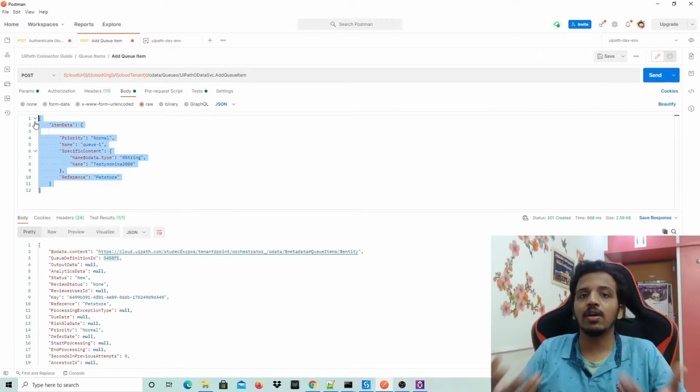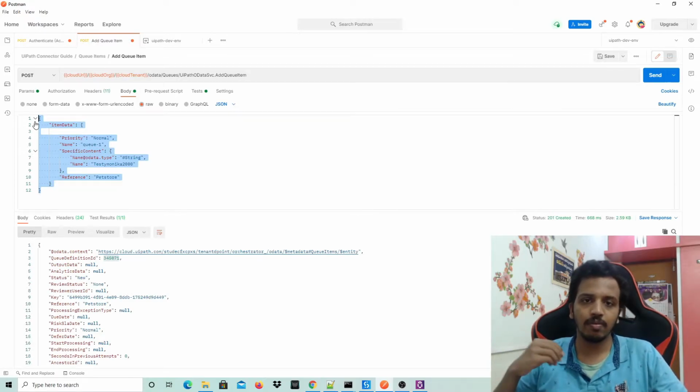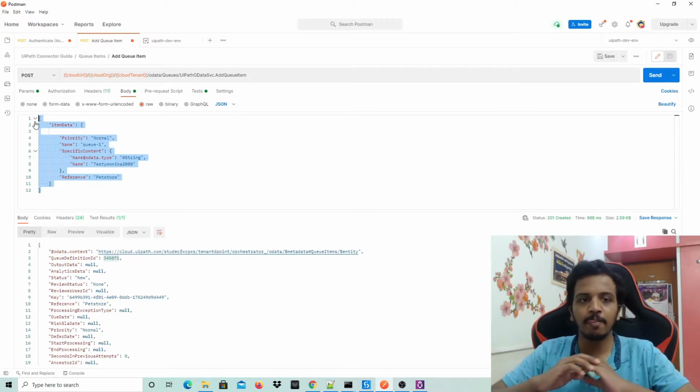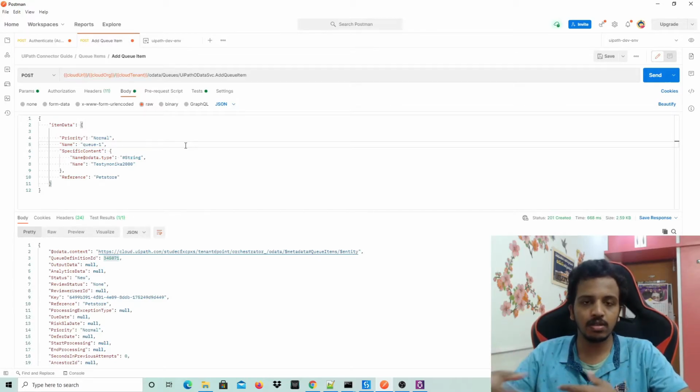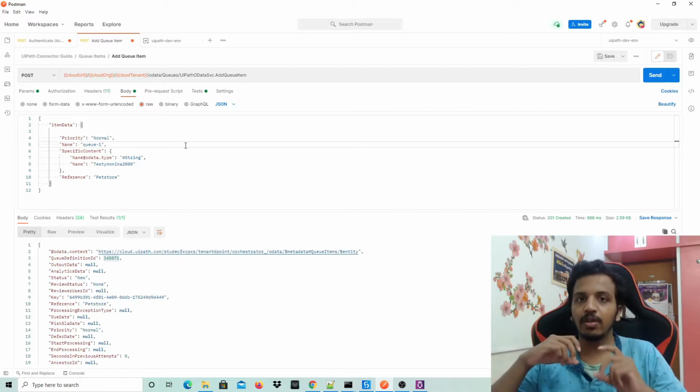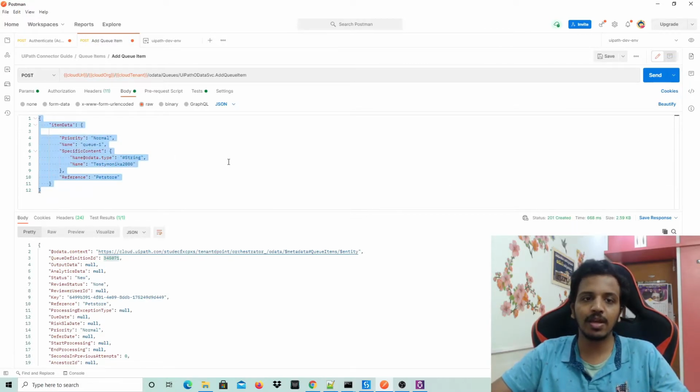But the trigger that I have defined simply says that irrespective of the content, as soon as the request comes, just trigger the workflow. In the upcoming demo, our workflow will be dependent on this message or payload, but for now it's not. So it's a sample body, I kept it as it is.